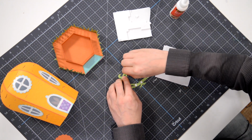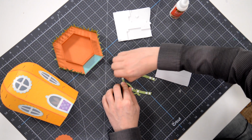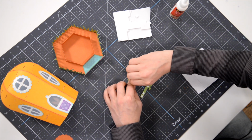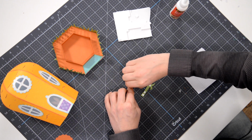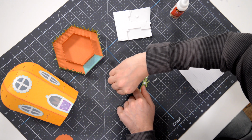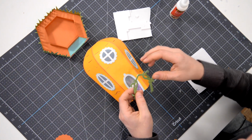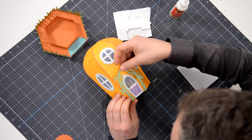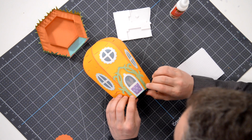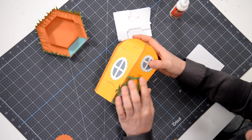Okay, so I'm gonna peel this off and we're gonna get this in place. It's gonna go right over the door. The bottom's gonna be flush with the bottom of the bunny bungalow. And of course, it's gonna be centered over the door. So I just wanna make sure that we get that placed correctly. Okay. And again, this is going to go right here. Make sure it's centered right on that panel. Just like that. Okay, that's nice. It's a good size as far as the